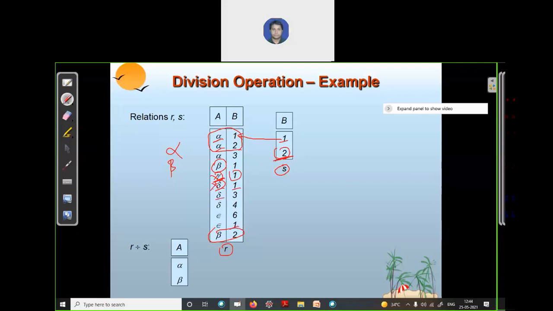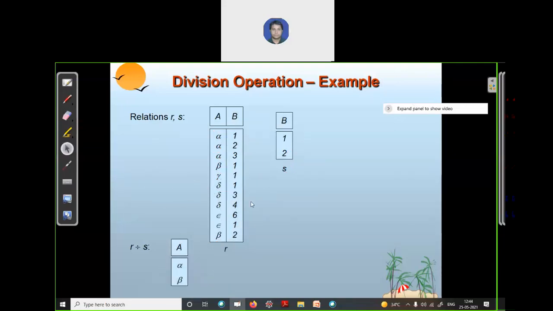For 1 there is an epsilon. Is there any other epsilon for 2? No, so we'll stop and return alpha and beta in our resultant relation, as you can see here. If it is clear, good. Otherwise, don't worry.